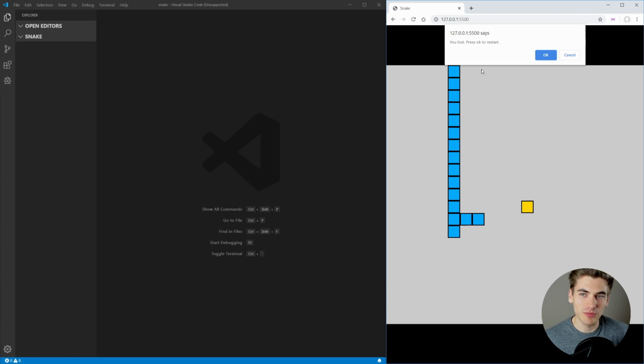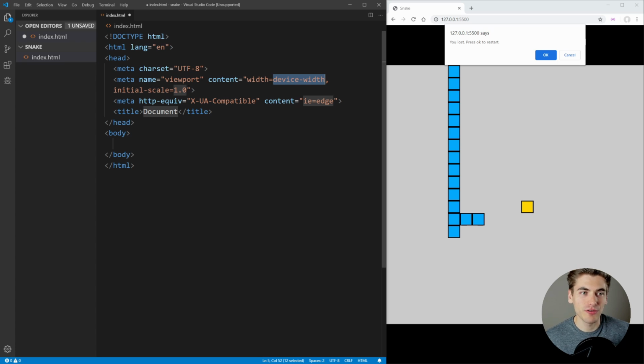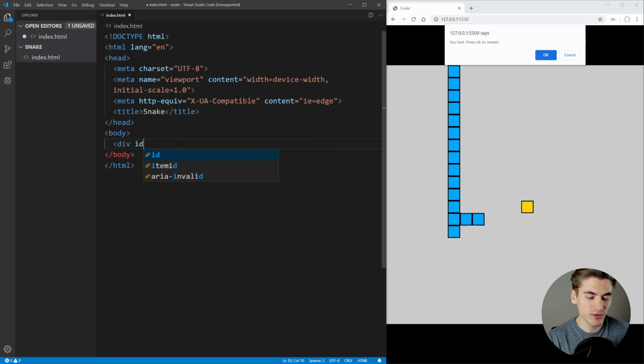So to get started with making this project, the first thing we need to do is to create an index.html file. And then inside of here, hit exclamation point and tab, and that'll fill out all the boilerplate HTML you need to get started. We're just going to give this a title of snake here. And inside the body, we actually only need one single element. It's just going to be a single div, and this div is going to have an ID, which is just going to be game board,